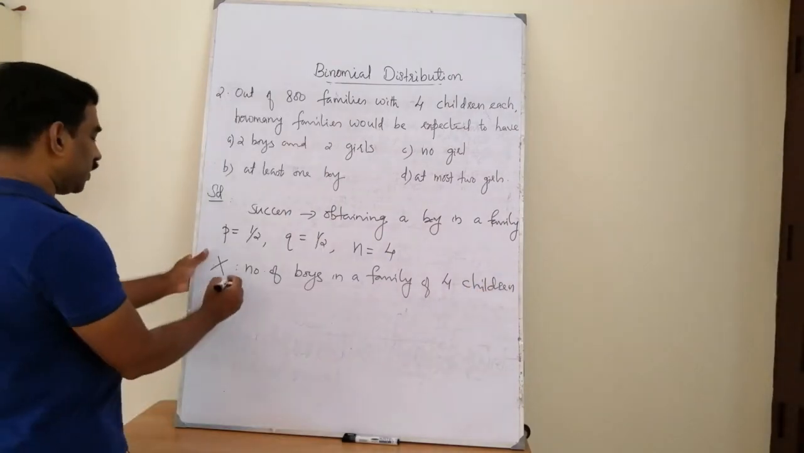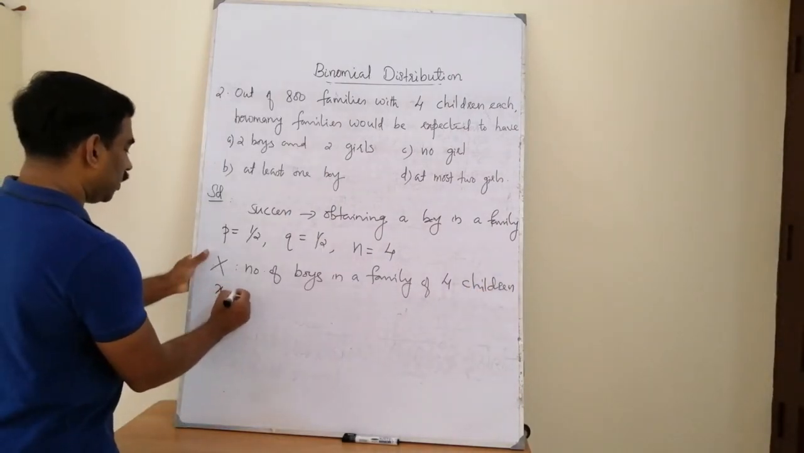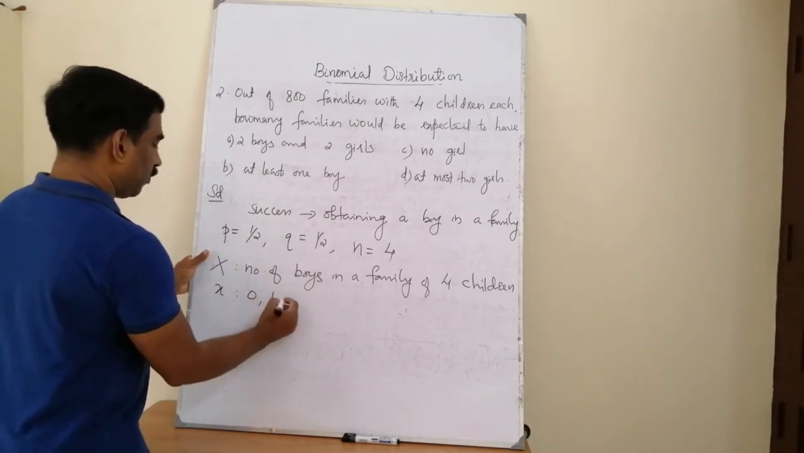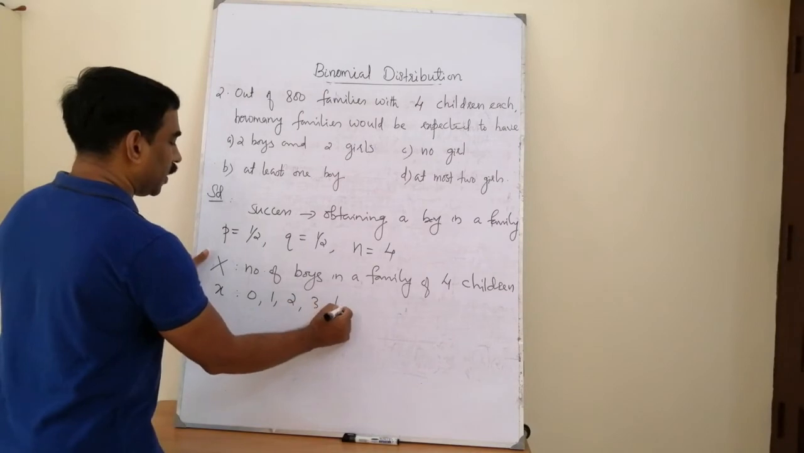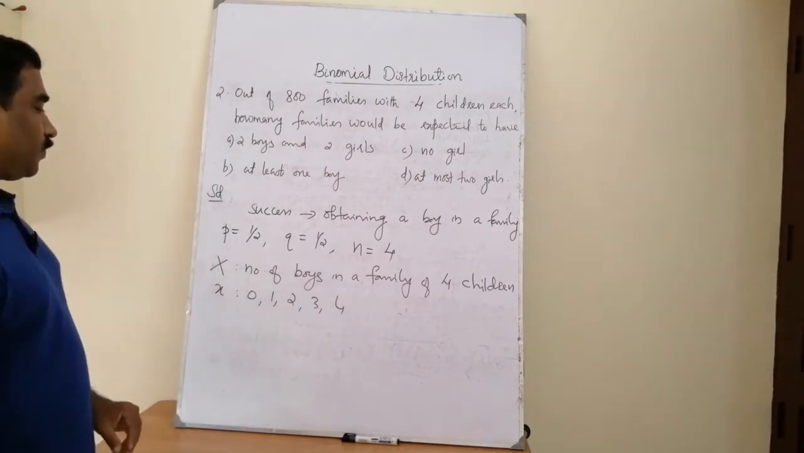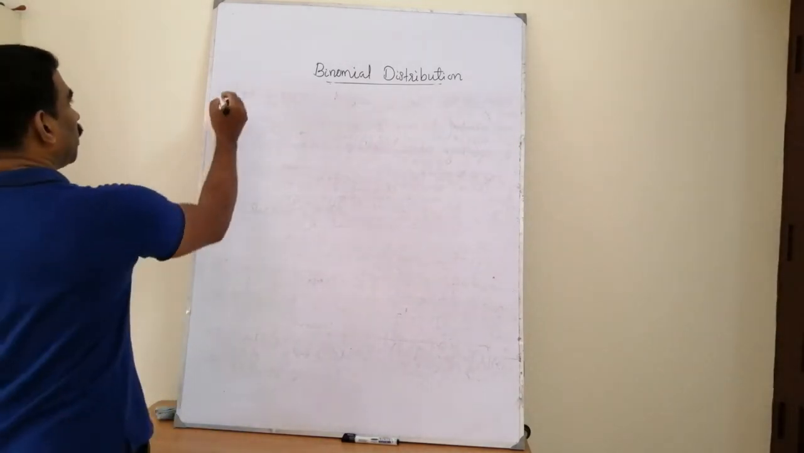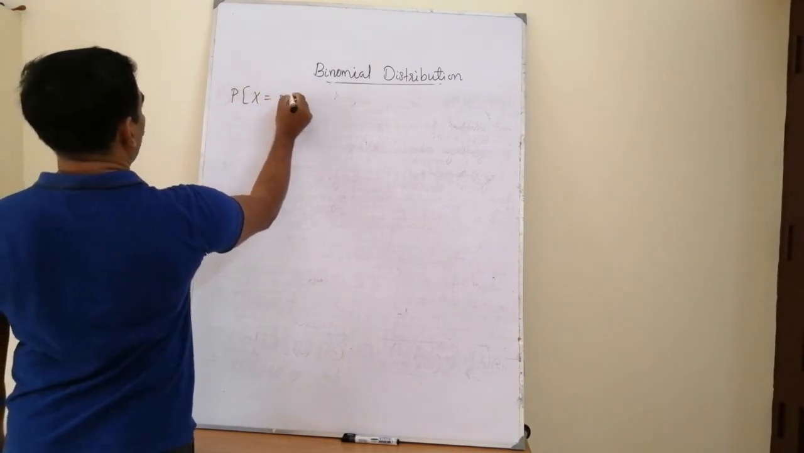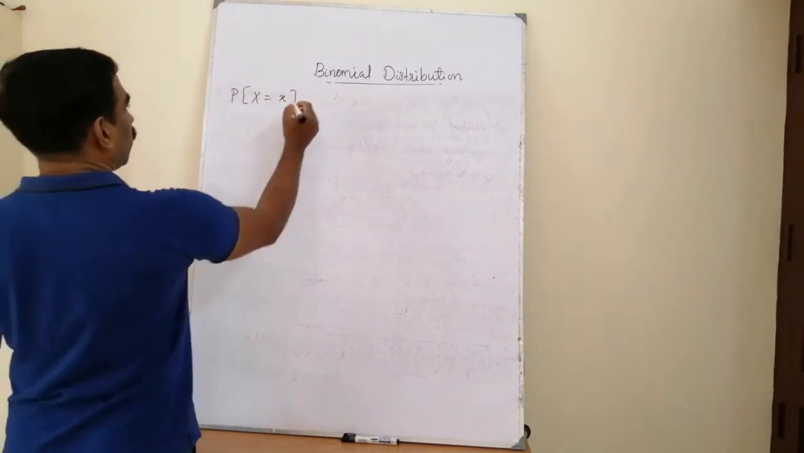And what are the possible values of this random variable? So the random variable can take the value no boy, exactly 1 boy, 2 boys, 3 boys, and 4 boys. Then what is the probability mass function? The probability mass function is the probability that the random variable counting the number of boys, suppose we have x boys, the